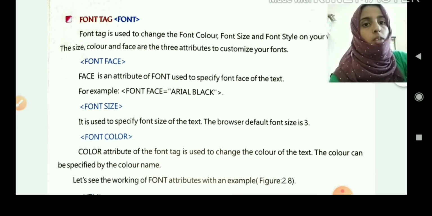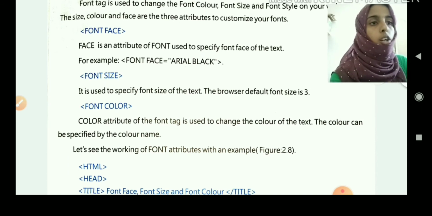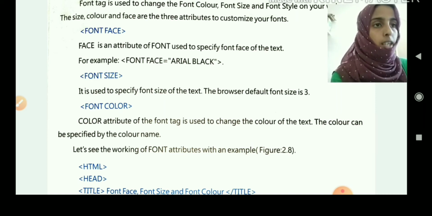The first one is font face. Font face is used to specify the name of the font. Okay. Then the second one is font size, to increase or decrease the size of the content or text. The value of the size attribute is 1 to 7. Okay.